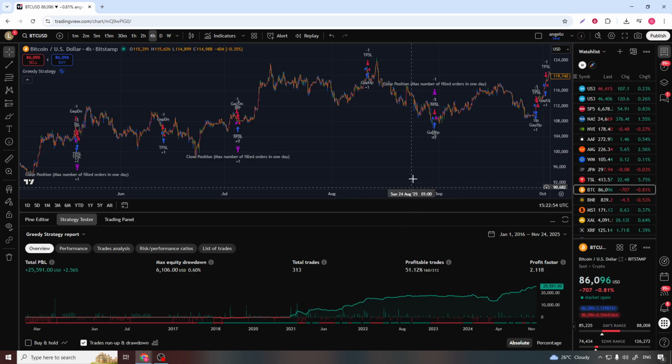That's all you need to add the greedy strategy in TradingView Pro. Open your chart, click on strategies, select greedy strategy, and then